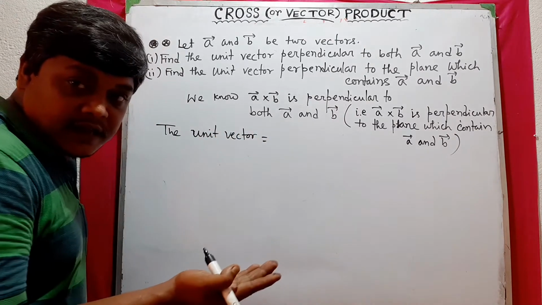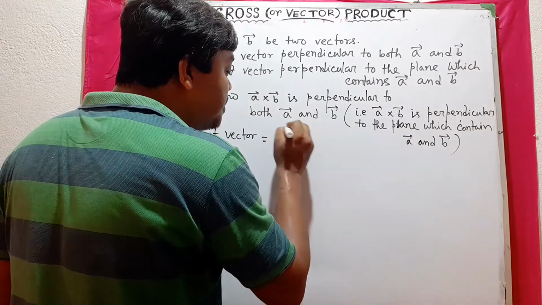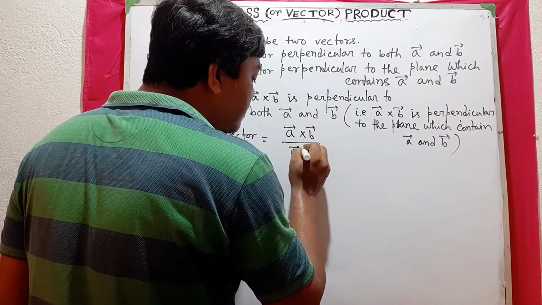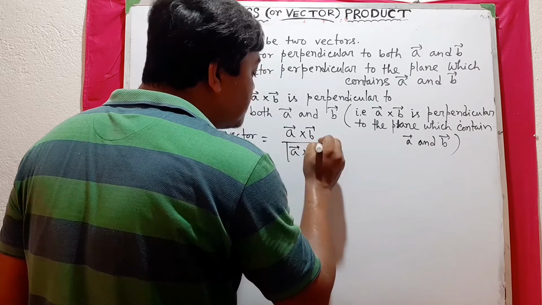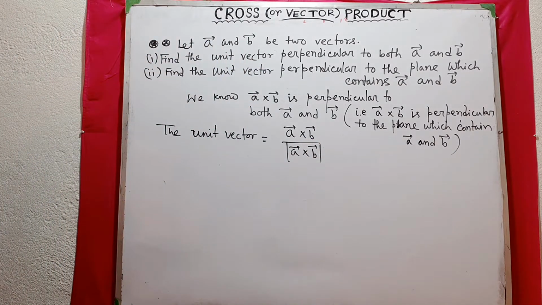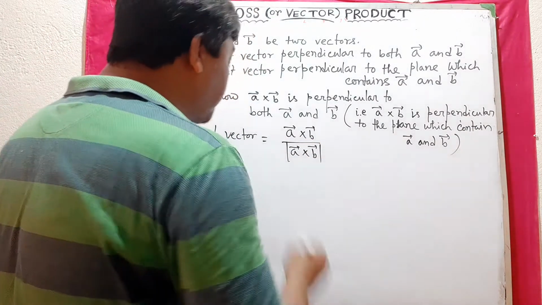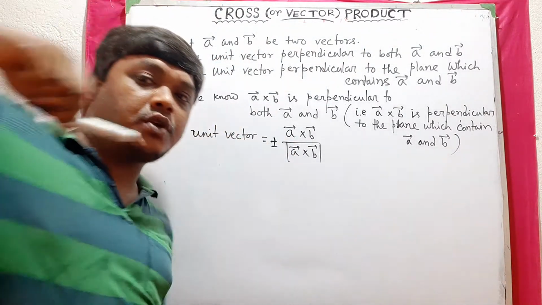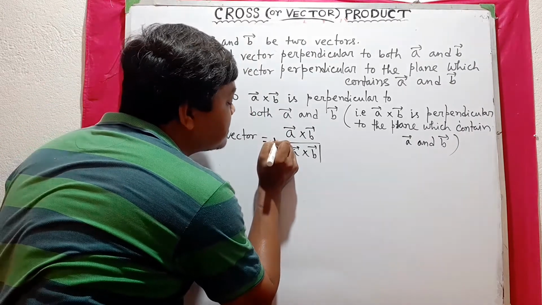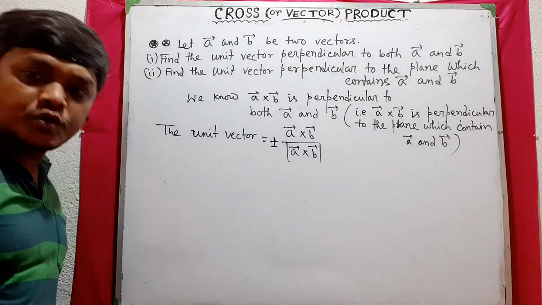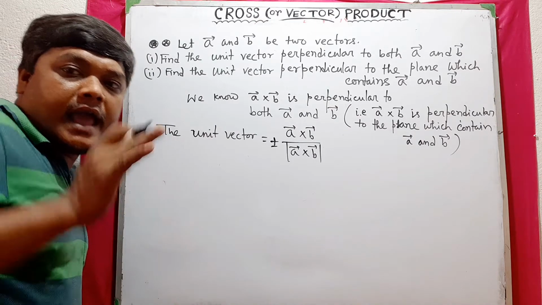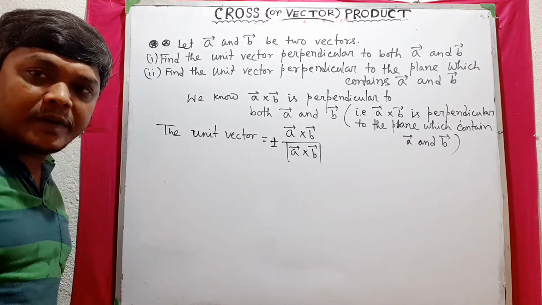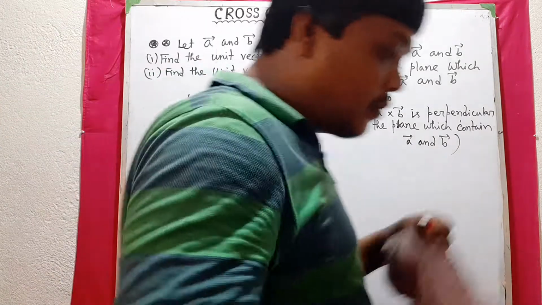A cross B, আমরা জানি তার mod value, A cross B by modulus of A cross B. এখন পারপেন্ডিকুলার কটা ভেক্টর হতে পারে, দুটো ভেক্টর হতে পারে, সেগুলো প্লাস মাইনাস নিচ্ছি। একটা হচ্ছে সমতলের আউটওয়ার্ড ডিরেকশন আর একটা সমতলের ভিতরের ডিরেকশন, সেটা প্লাস মাইনাস লিখে রাখলাম। তাহলে A cross B by mod of A cross B is perpendicular। অনেক সময় কি বলে যে কোন একটা সমতলে A আর B দেওয়া আছে,